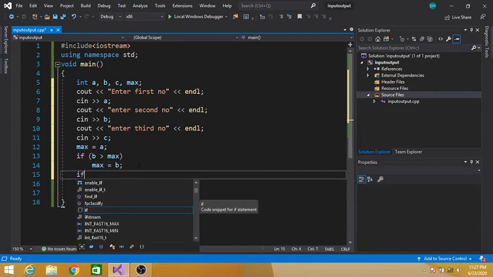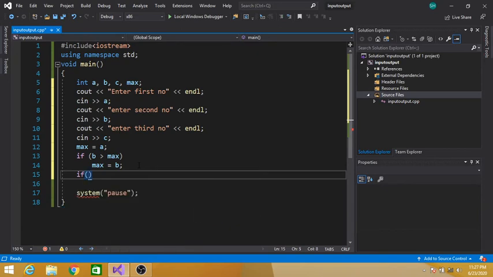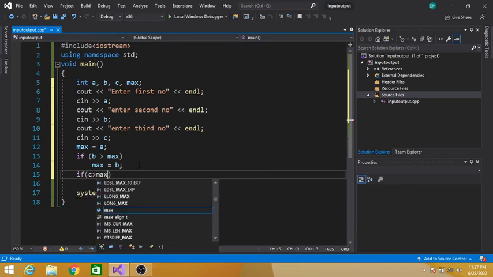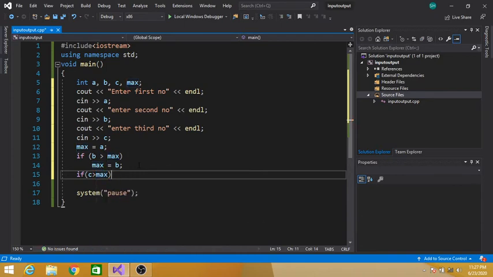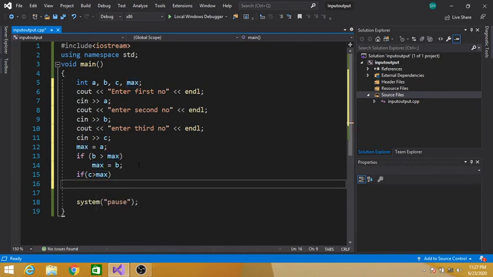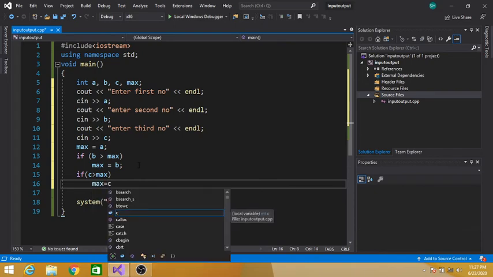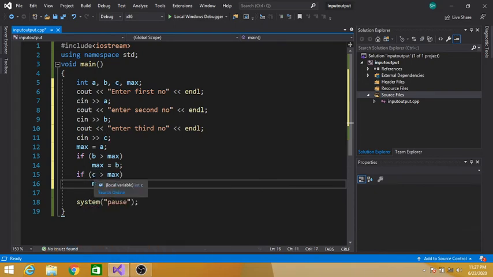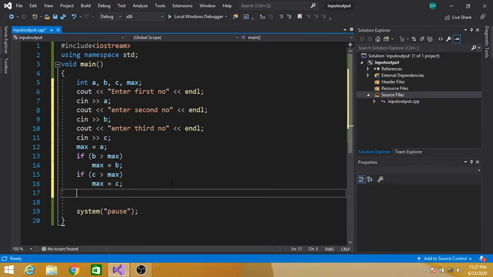Similarly, we are checking if C is greater than max, it means max equals C, because if C is greater than maximum, then it means C is maximum. So we are assigning C to the max variable, and then we are displaying the maximum number.